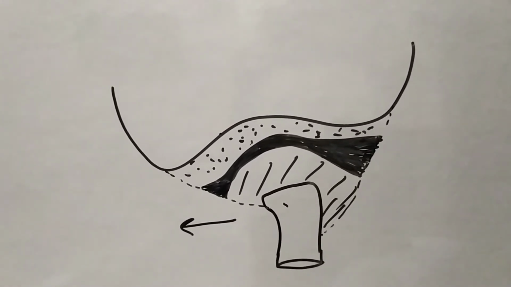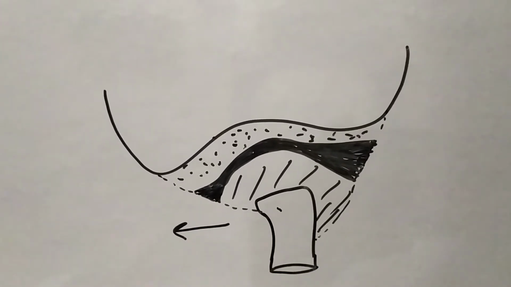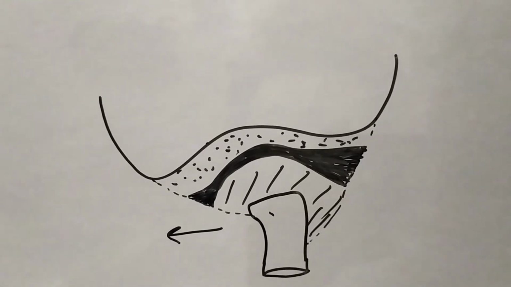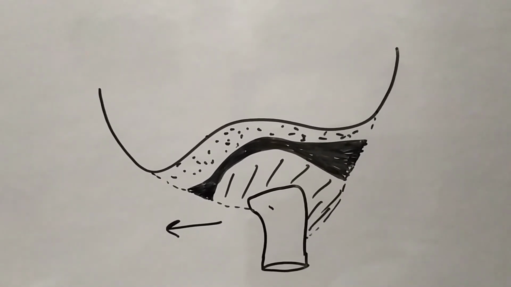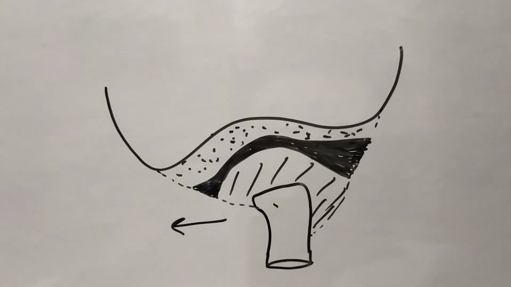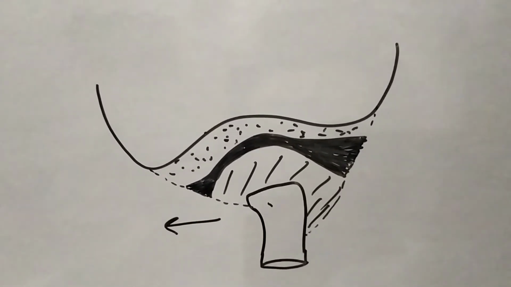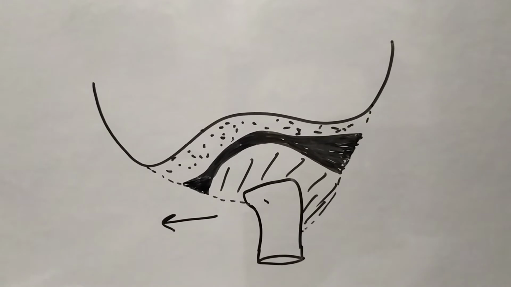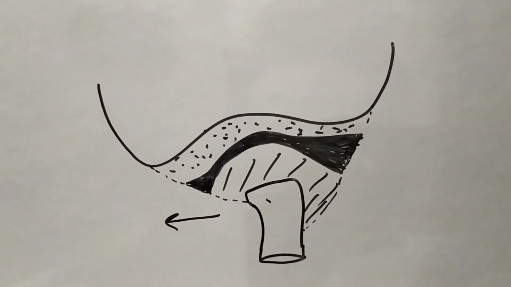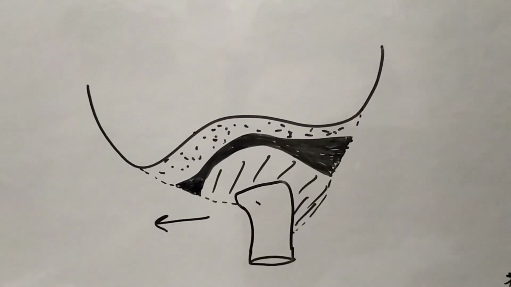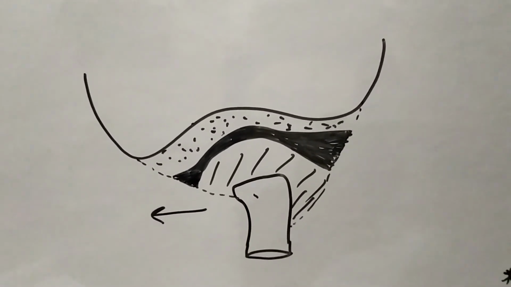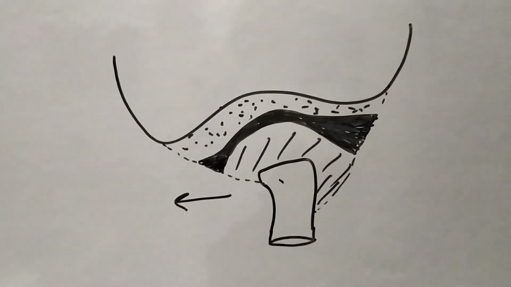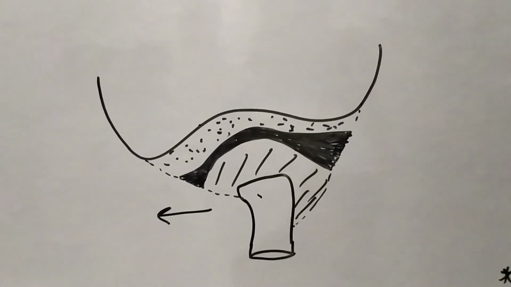In elevation, you have temporalis, masseter and medial pterygoid working in a coordinated manner to bring about the elevation of the jaw. In protrusion, medial and lateral pterygoid participate, while in retraction, only the posterior fibers of the temporalis muscle are involved. In side-to-side or chewing movements, the medial and lateral pterygoid muscles of each side will contract alternately to bring about the side-to-side movements. So this was all about the mechanism of the movements of the temporomandibular joint.